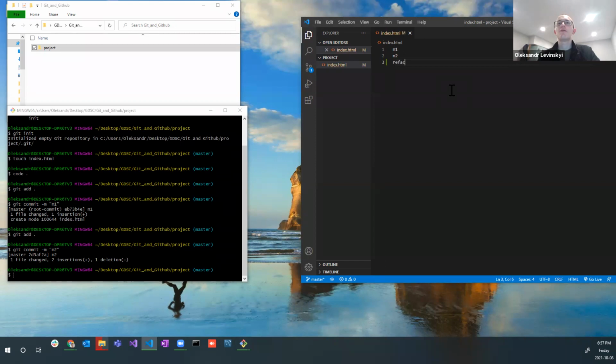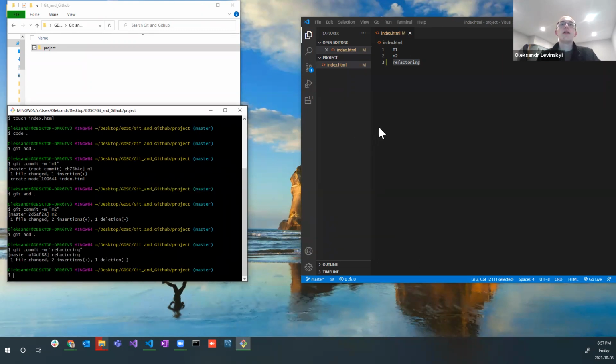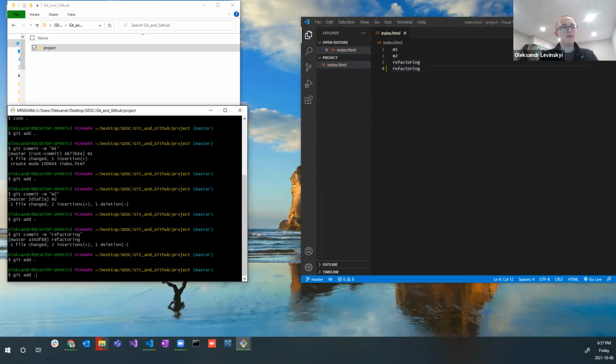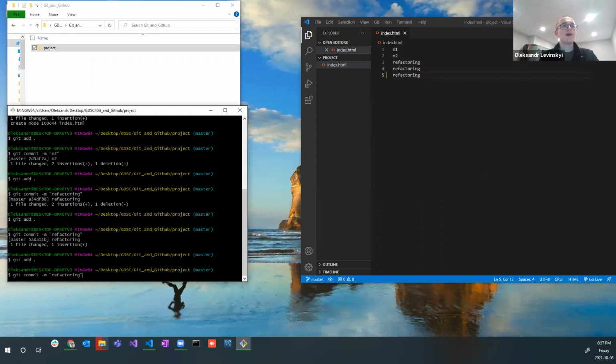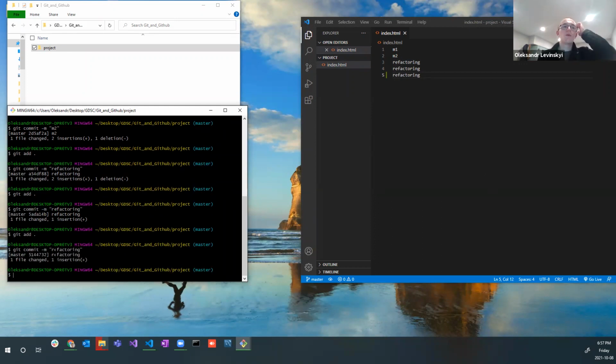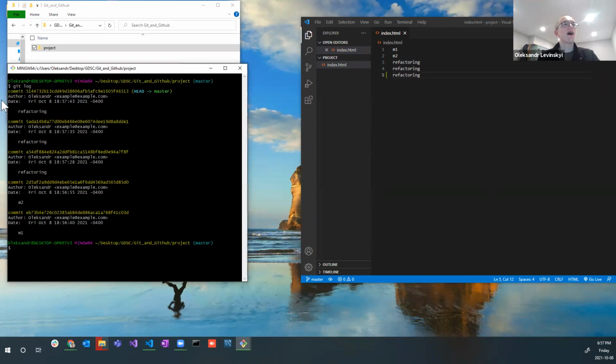So let's imagine we have refactoring. So here, and then I can do, again, git add, and then imagine I will just do refactoring. Then let's imagine I did another refactoring, and then we'll do git add again. Refactoring, and then git add again. Cool. So now, if I clear this and I do git log,